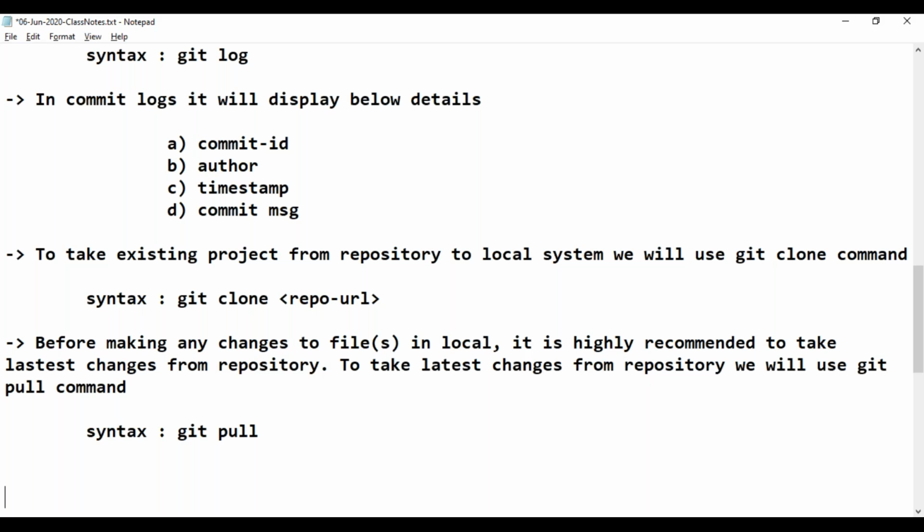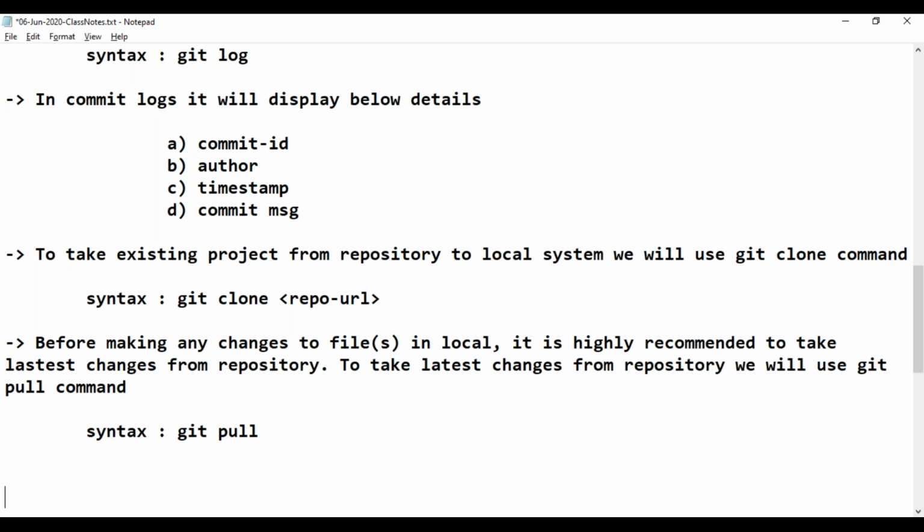Sir, when you do the init, it will know the repository URL. You don't need to specify the repository URL every time. Whenever you do the clone, it will remember this folder is bound to that repository URL. If you do the clone, it will understand what the repository URL is, so you don't need to specify it. That is the reason we are using the init command. Init is used to initialize that folder as a repository folder. Whenever you clone it, it will take that repository URL.